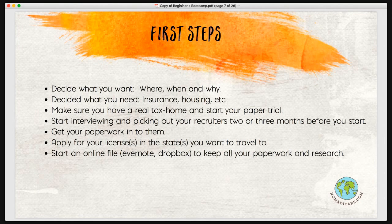Know when you want to go, and that's just to help figure out your timeline. You're going to start talking to recruiters 2 to 3 months before you want to start your job. Interviews could happen anywhere from 1 month to 2 weeks before the job starts. So it just helps you with your timeline. If you know you're not going to want to start traveling for a year, you don't need to start talking